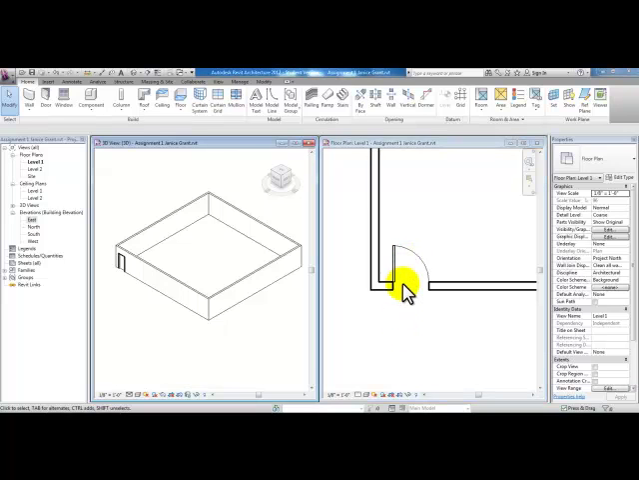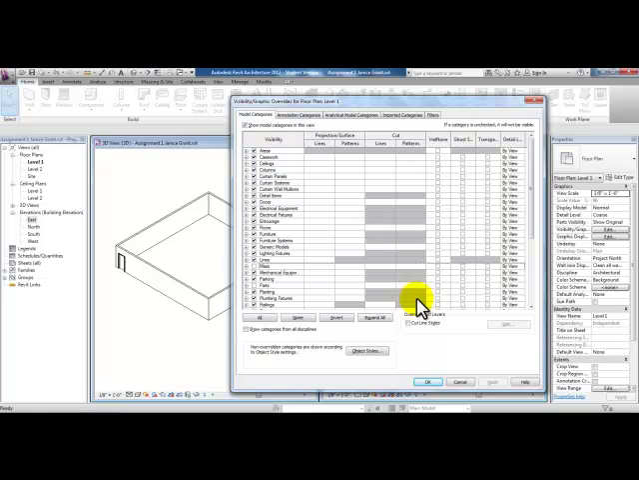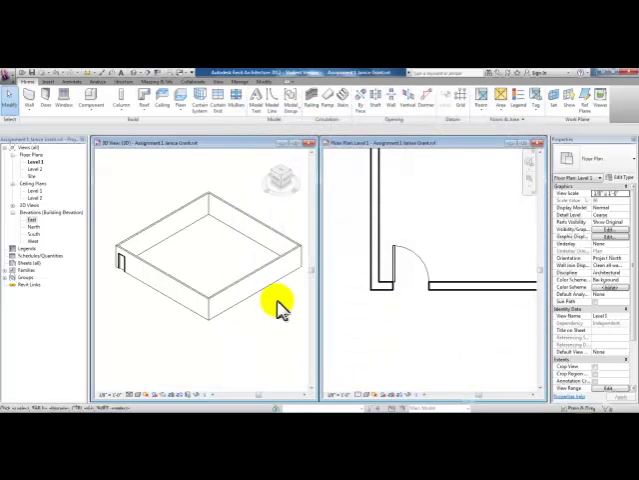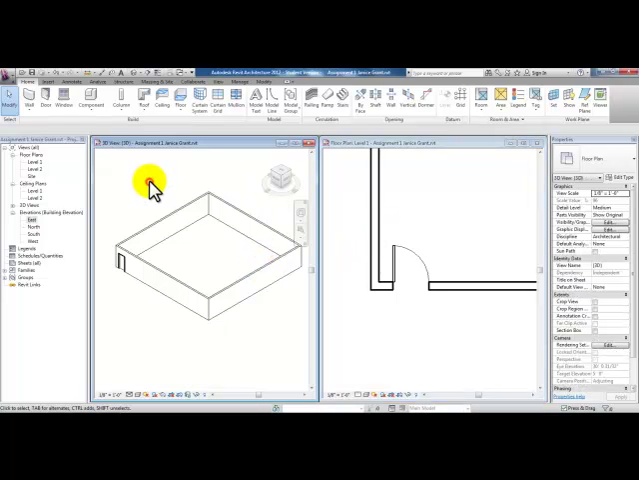Another way of turning off the elements within the drawing is to type in VG. Typing in VG, you'll have access to the visibility graphic overrides. Here in the annotation category, you'll see door tags is unchecked. We'll come back to these dialog boxes as we start to work with advanced features. I'm going to go ahead and cancel out of this one,